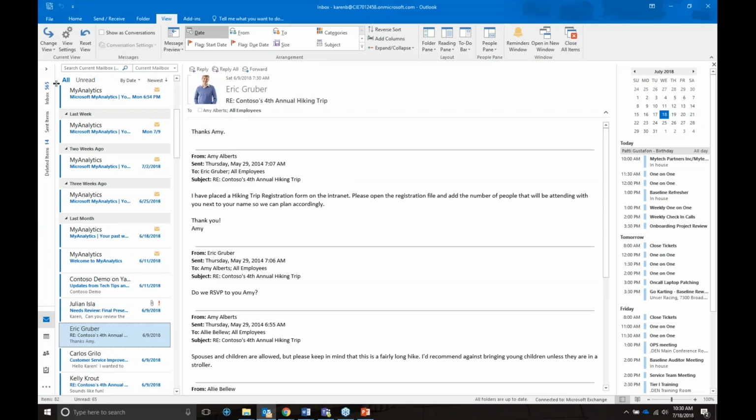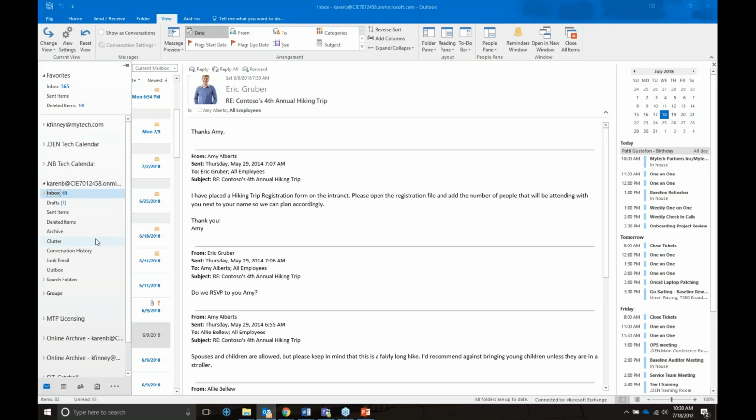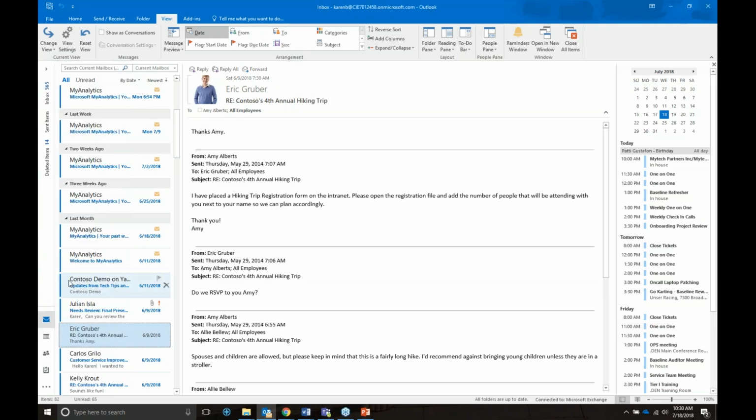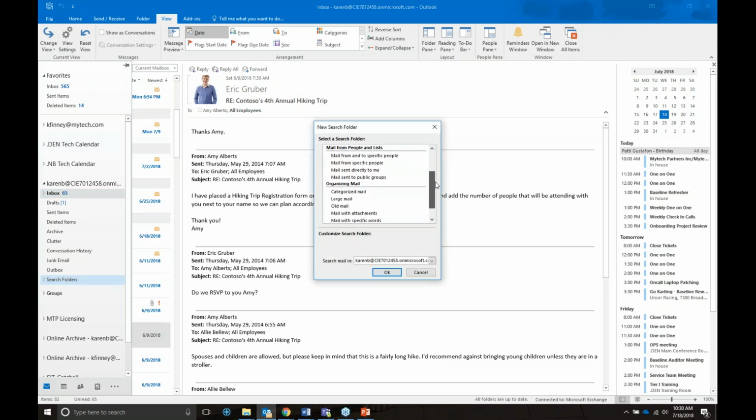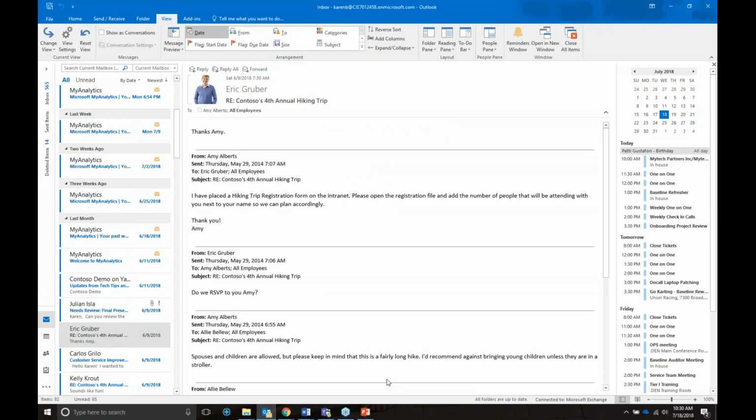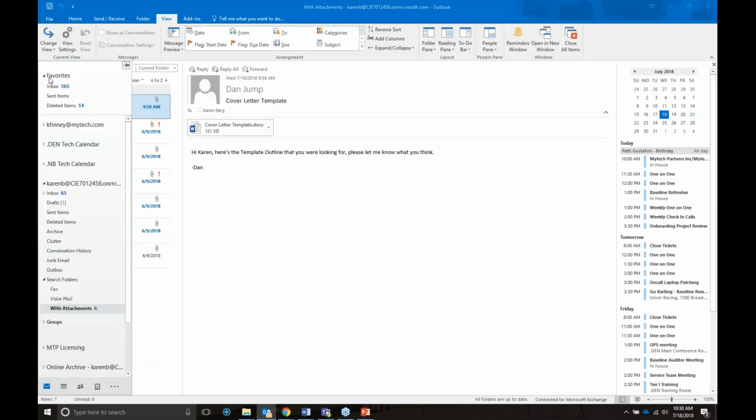Search folders, if you ever have a time where you're looking for anything that has an attachment in it. Let's see, we'll open up a new search folder here in your tools, and they have a lot of defaults. You can kind of create custom search folders if you wanted. But for the purpose here, we'll do mail attachments. Hit OK, and then what you'll find is you have this folder down here that will pull any email with